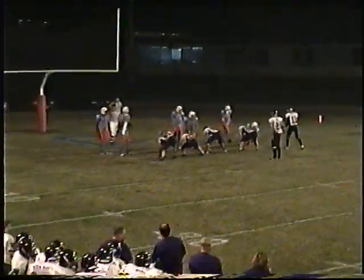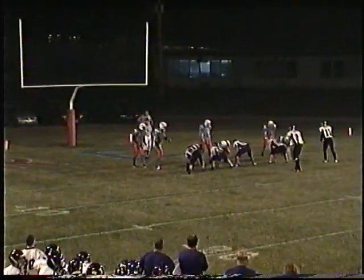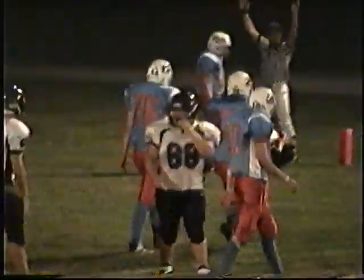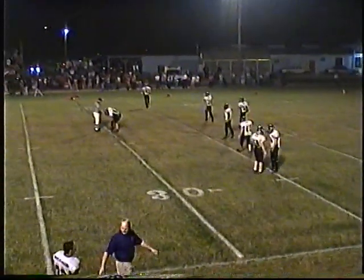Cheney spreads the offense out to the left and to the right. Receiver on each end, he's in the shotgun formation. Cheney looks, fires, caught. Oh, what a hit, but he hangs on to the ball. Just like that, Williamsburg is back to second